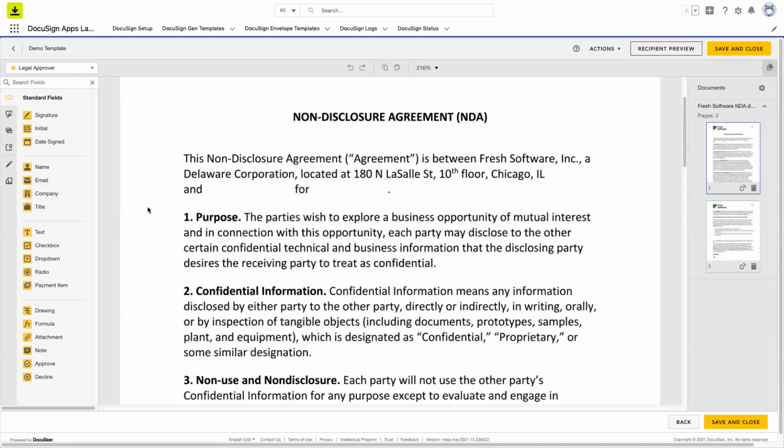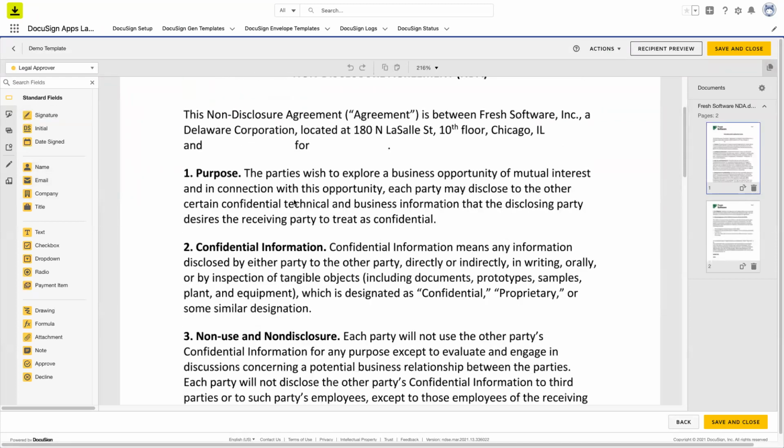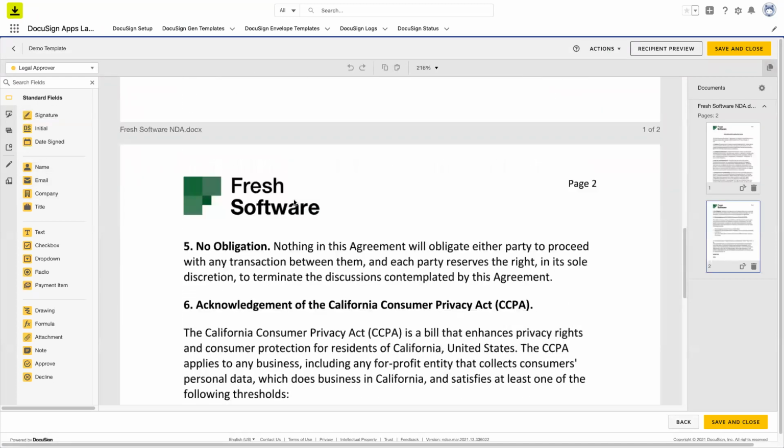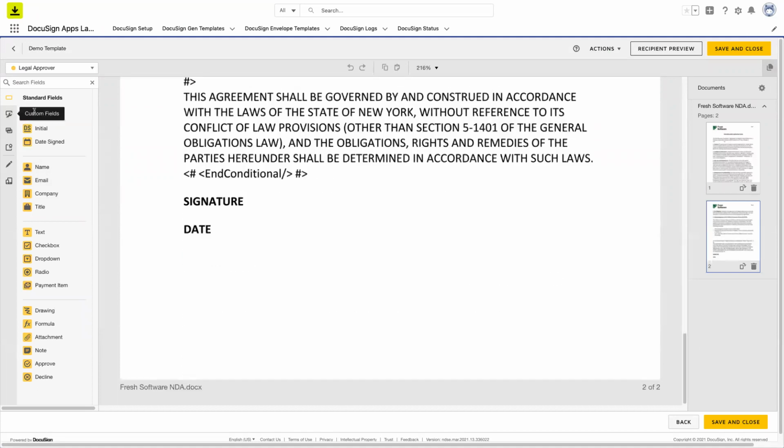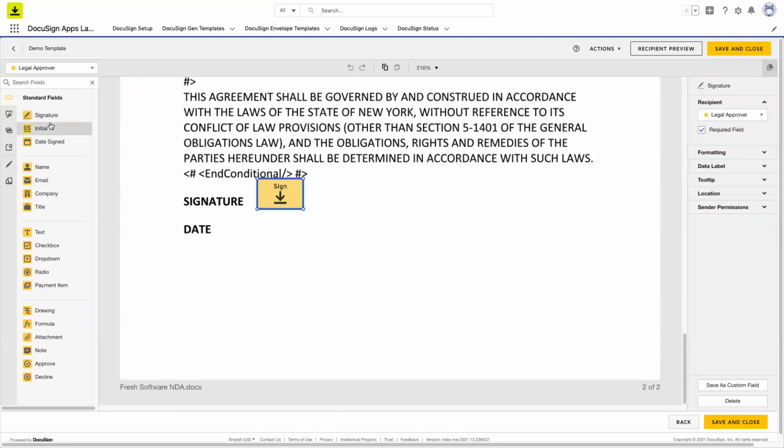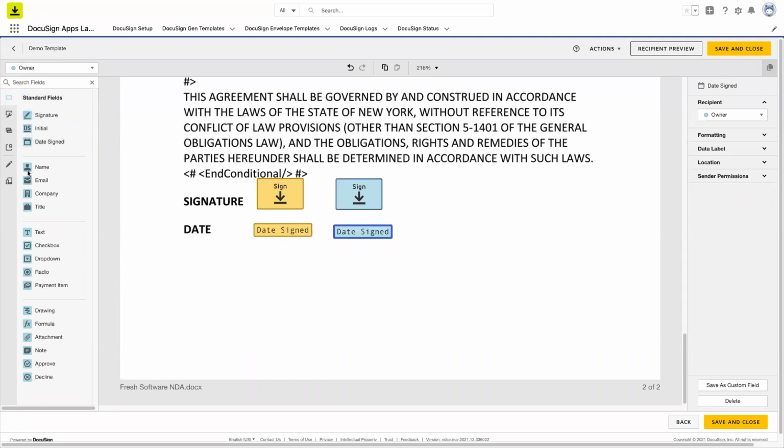And here we see a bunch of fields. So right away, because it's a standard field, these are DocuSign fields. I'm going to grab the signature tag and the date signed. And because we have 2 users, I'm going to go to the left here and I'm going to select owner as a second user. You see these icons change to blue, representing a separate user. And you can place these wherever you want to, but I'm just putting them side by side.